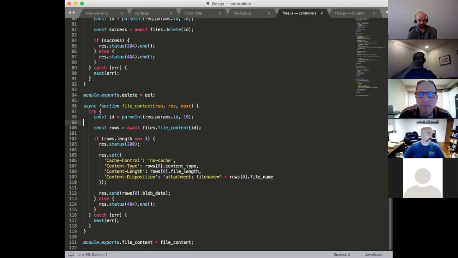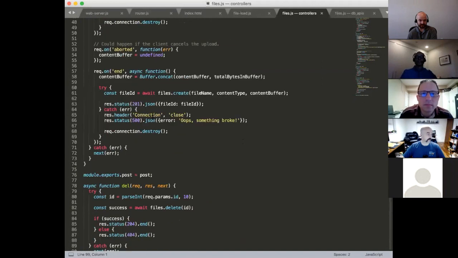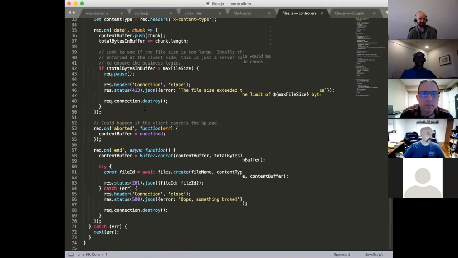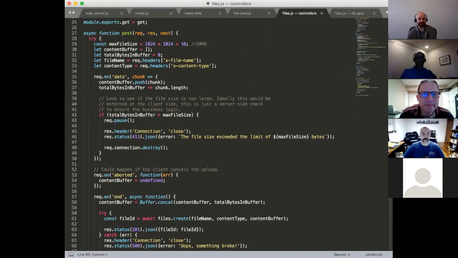Some of the things I didn't go into a lot of detail, but let me just share the files again really quickly. In this controller logic, I wanted to put in a couple of requirements to show you how you could implement your own. One of those requirements was that the max file size should be just 50 megabytes.